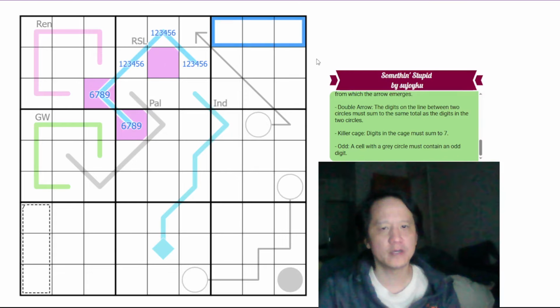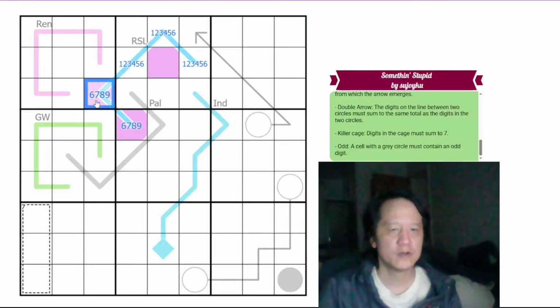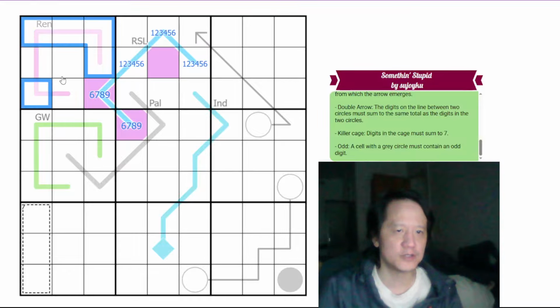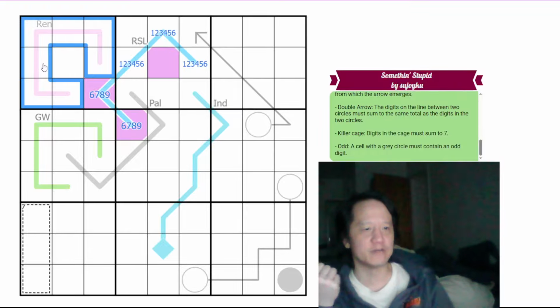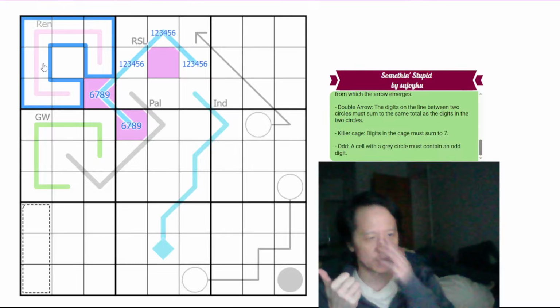So the pink in this row 1 cannot be any of these cells because of the pink digit in the box. It has to be 1, oh. And what is this digit? On this Renban, what are the possibilities? I listed them out basically in the beginning, so, but they are the digits 1 through 7, 2 through 8,